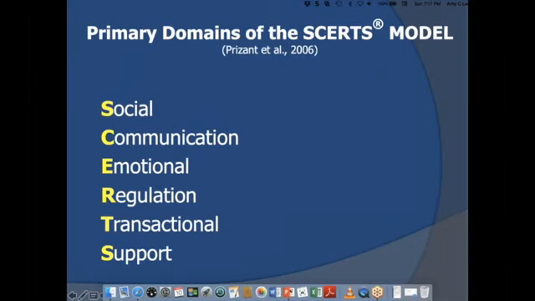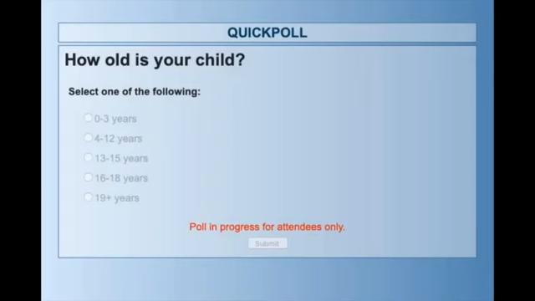So I do want to ask another question, just so I have a little bit of a background, and Jackie's got another question she's going to pop up for us, just around the general age of the individuals in your life that you care about, your children, your grandchildren, the people that you're here representing, just so I have a sense of who we have.